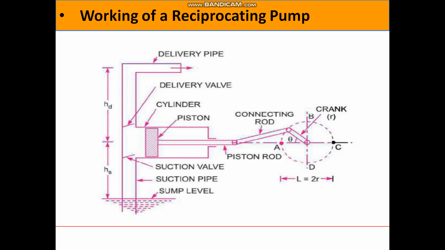Now it is clear that discharge of the liquid takes place from only one side of the piston. So for every one revolution of the crank, we will be getting discharge once. That's why such type of discharge is called intermittent or pulsating discharge. But for applications, we need continuous discharge, and that can be possible by using double acting reciprocating pump. Before going to see the working of double acting reciprocating pump, we are going to see how the discharge and work done of single acting can be evaluated.